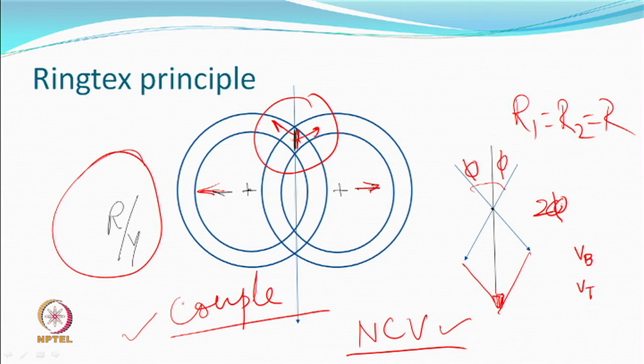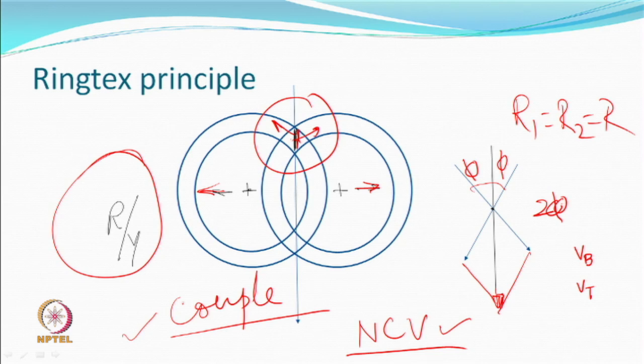Like the case of the belt or a Beltex system, we assumed that the speed of the belt, bottom belt and the top belt are same. Here also we can assume at any given point of interaction or a contact, the speed of the ring 1 could be equal to the speed of the ring 2, and which could be r, and therefore, you can define something called an r. I just said there is something called a couple being generated, you have frictional force and a couple. So, whenever some rotation has to take place, there has to be some couple. If somebody asks this question,